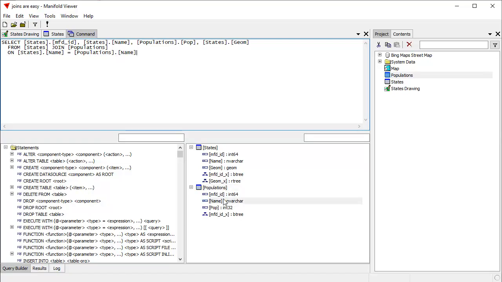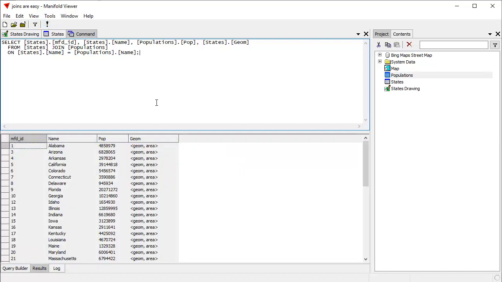And I can double click that like that. So that's our query, and it's no more complicated than that. Just select all the fields that you want from the various tables and name the two tables you want to join together, and then name the condition that's going to be what you're looking for. So when we run that query by clicking the run button, the exclamation point button, it runs the query, and